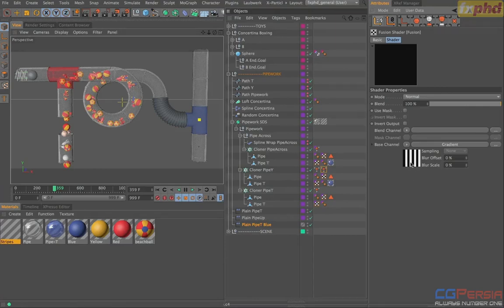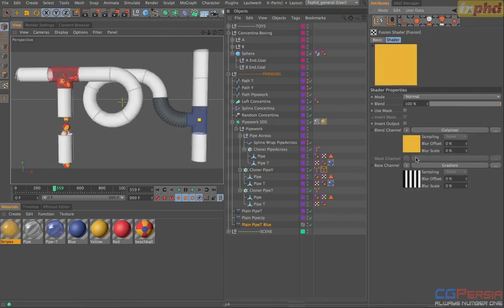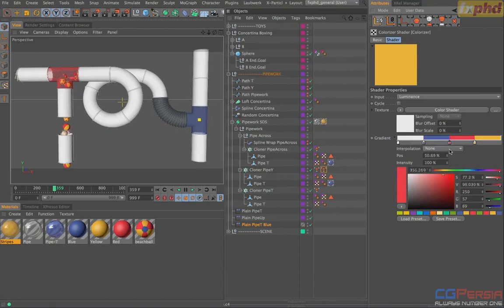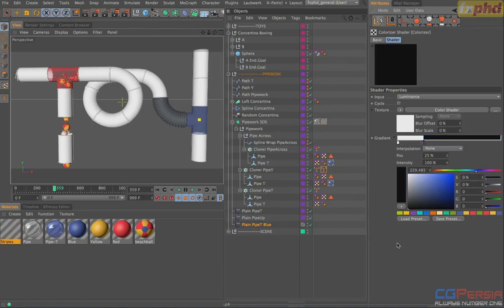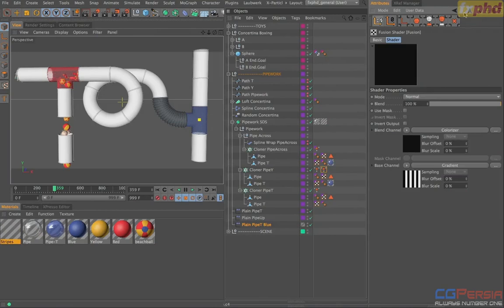So if we made this all black, then you wouldn't see any stripes. So we can paste in our colorizer, open this up, and instead of all these colors, make this not black. Now if we come back up and we use screen and then invert that output,